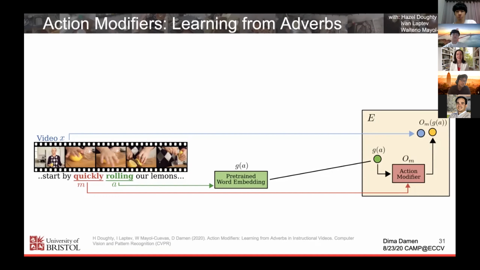So the regularization we have here was related to generalizability to a new action. So it's expected to be the same modification across actions. Perhaps if we didn't do that, it would result in something different. So we wanted quickly to generalize to all different action representations. And you have to think, this is a hard task. Rolling quickly is different than mixing quickly, is different than picking up something quickly, right? So that's what we wanted to generalize to. If we were not interested in that and we were optimizing locally within one action, we might have produced something closer to what you're after. So it depends what you want.